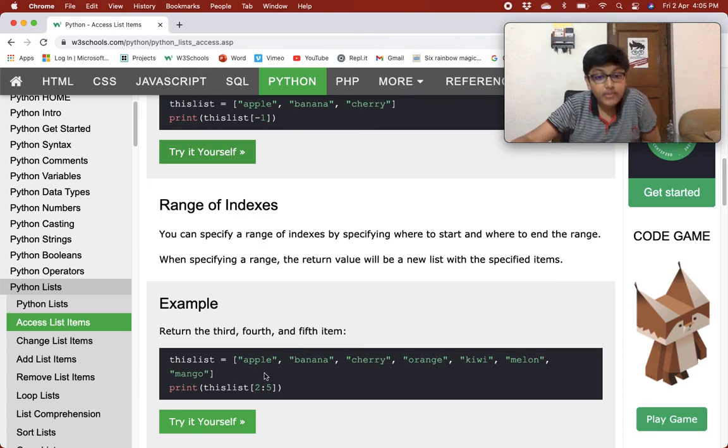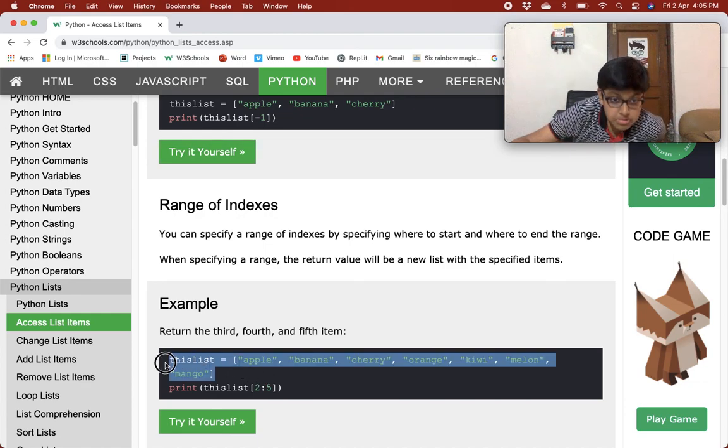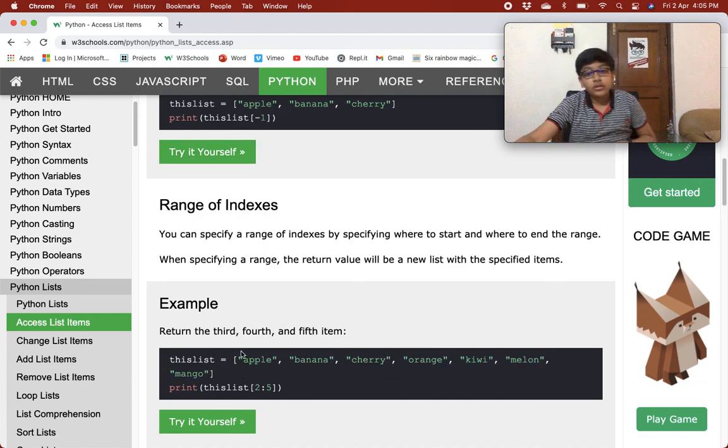Okay, so like here we have this list, and we want from 2 till 5. So what is the item at index 2? It is 0, 1, 2. It is cherry. So from cherry till 5. So 2, 3, 4, 5. It would not take the fifth one. It takes one less.